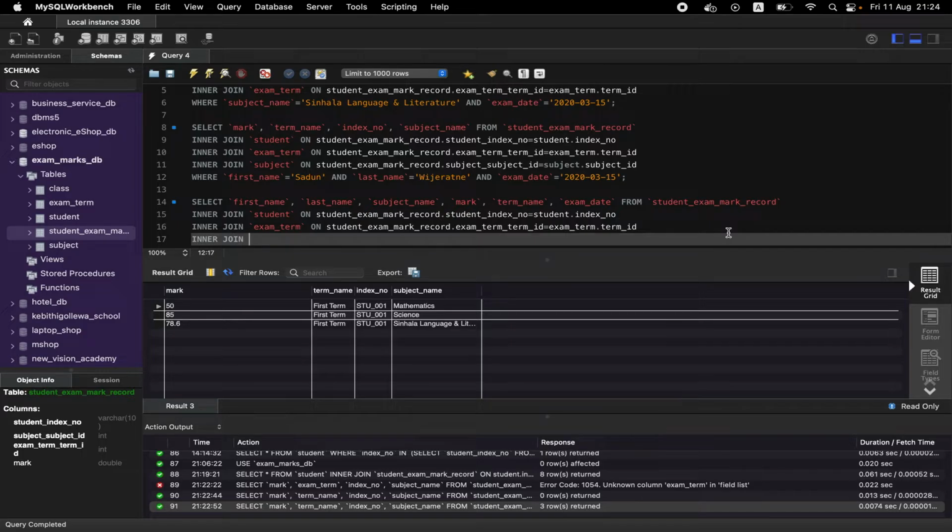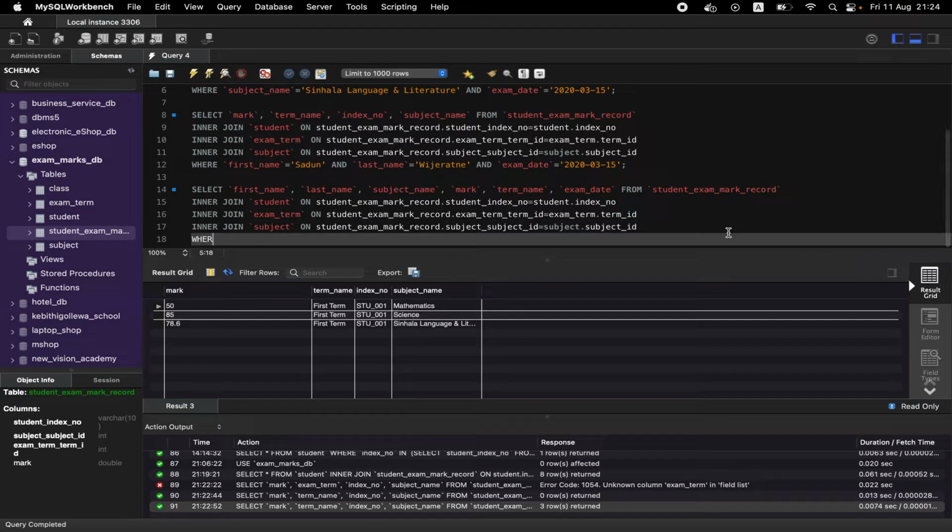Inner join the subject table on student exam mark record subject id equals subject dot subject id, where